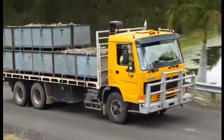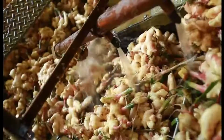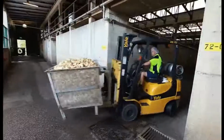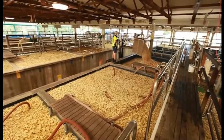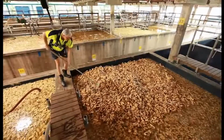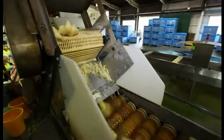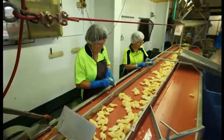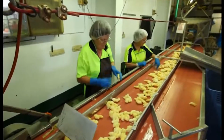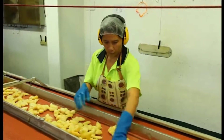From the farm, the harvest is trucked to the factory. Once unloaded, the ginger is washed and taken to the storage vats, where it's kept at peak condition until required for processing. When we're ready to process a batch, the ginger rhizomes begin a journey along a large conveyor belt to the pre-sorting area. Skilled operators select only the choicest young stem pieces for processing into our most exclusive cuts,